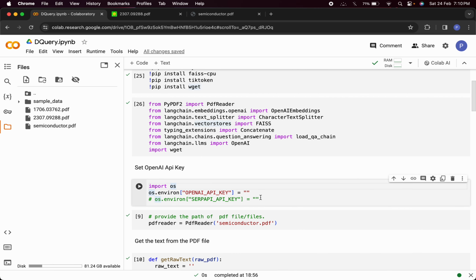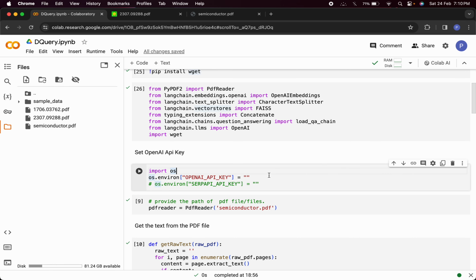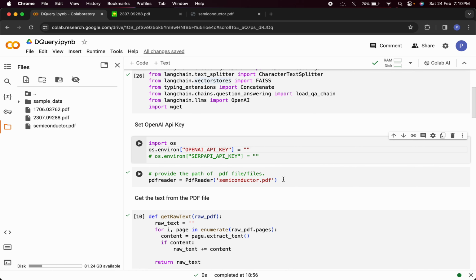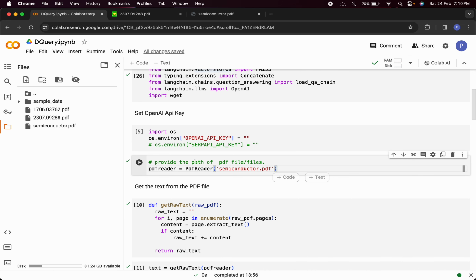This is an important step. In this step, we will set the OS environment with the OpenAI key. I have deleted my OpenAI key here, but we have to put the OpenAI key here, which we can find on the OpenAI website. After that, using the PDF reader, we will